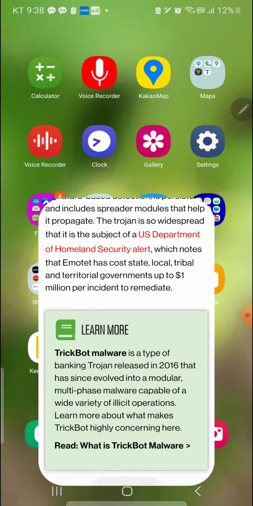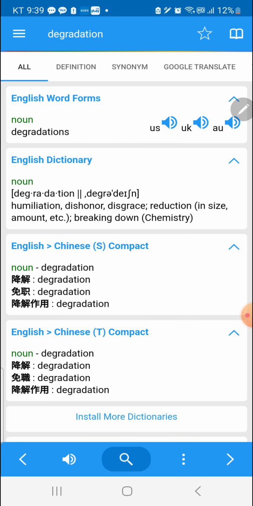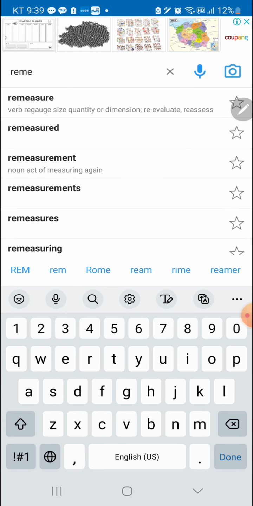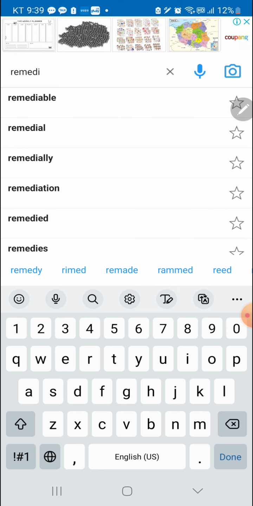Let me go back to my dictionary and find out the exact pronunciation of remediate. We know what a remedy is.